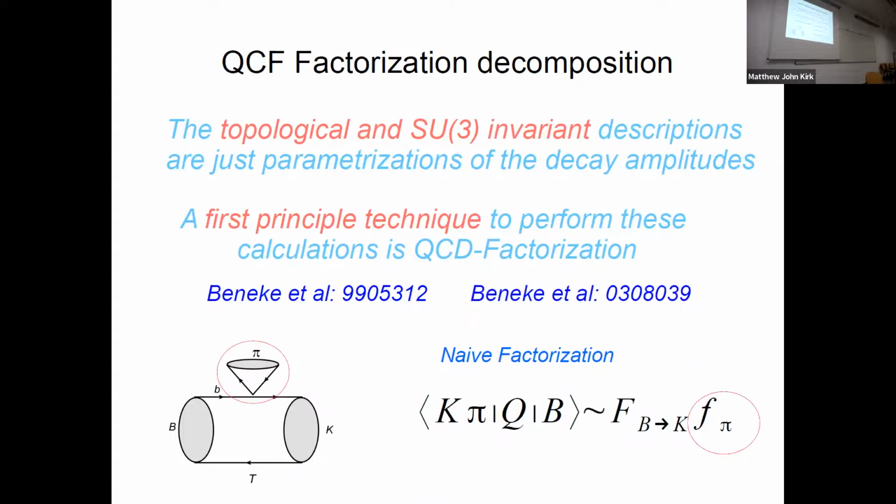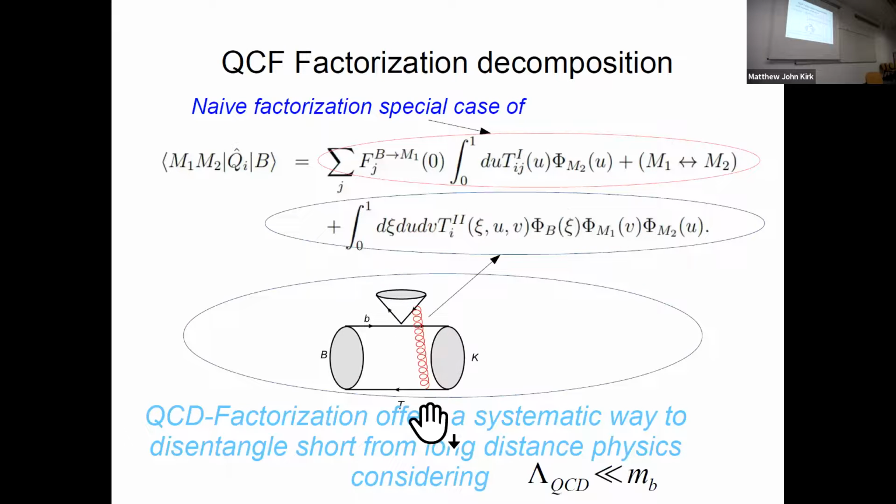So it gives you these expressions to calculate, as I said. Naive factorization tells you this: you can factorize this diagram in terms of a form factor and a decay constant, but it ignores, for example, this exchange and pluggins. So this is the formula of QCD factorization. The first term is the naive factorization case, and the second term considers this spectator